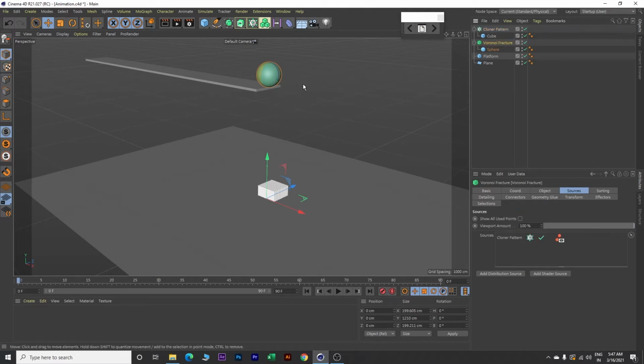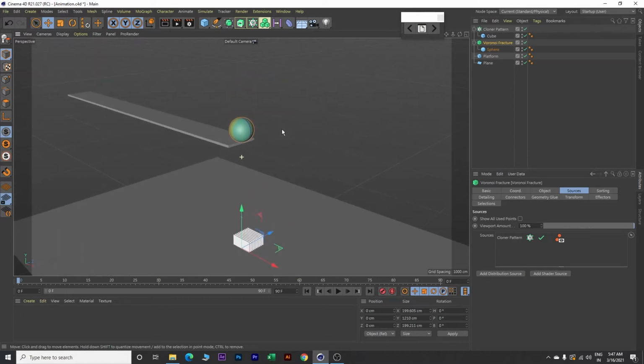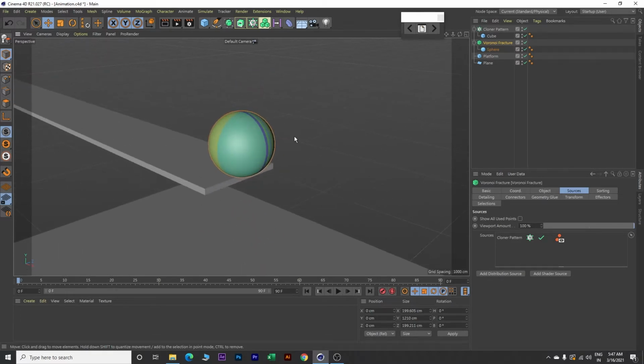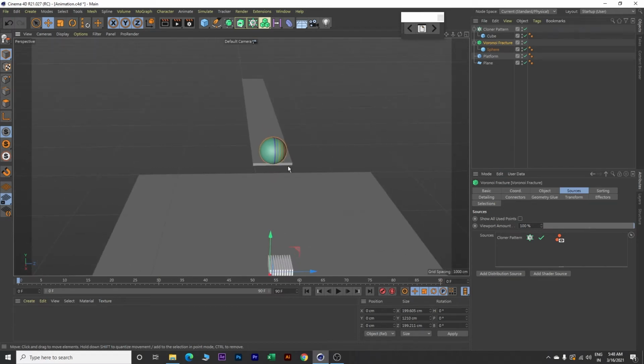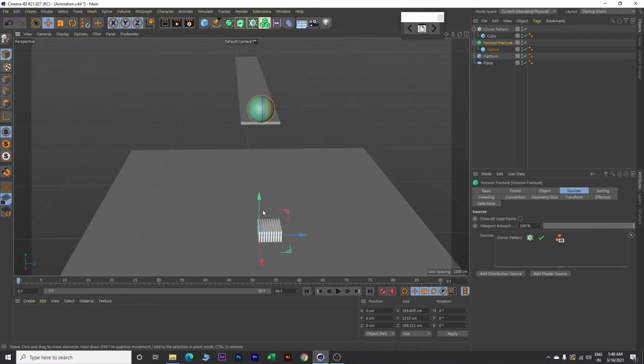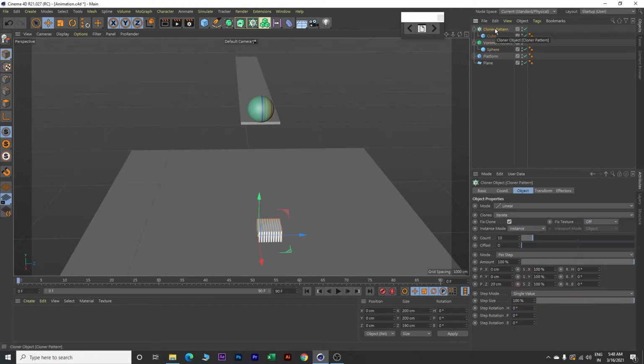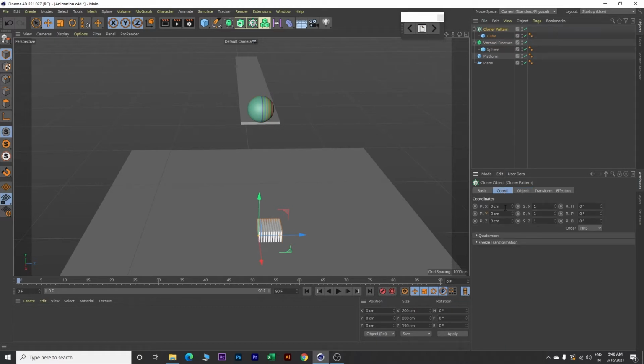And let's see how this looks. So this is how the pattern looks. Now we will adjust it a bit. So zoom out and we will move this pattern over here. So click on this cloner pattern, go to coordinates and move this y value to 1500.